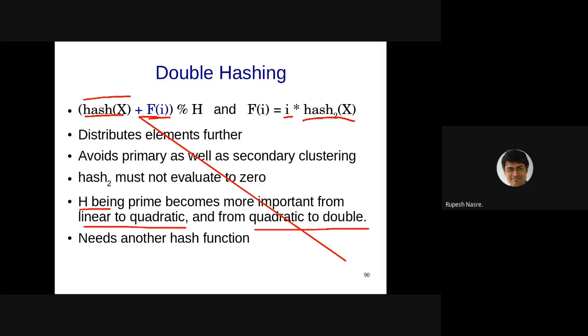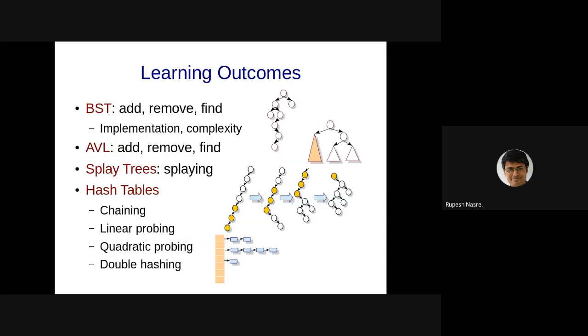It also needs another hash function, like we were talking about chaining, which required a different data structure itself. In case of open addressing, we require a single data structure, but with double hashing, we need two hash functions. Right? So I'll leave hashopen.h and hashopen.cpp for you to look up. So that completes our discussion on dictionaries for both the hash tables as well as the AVL trees.